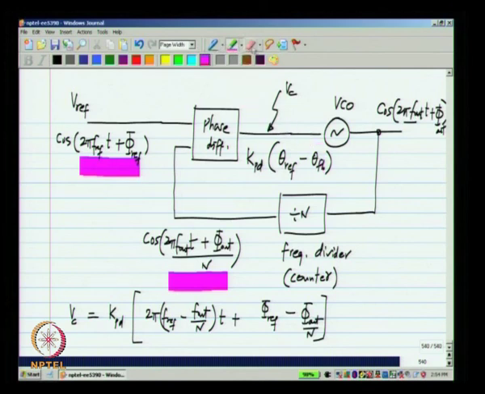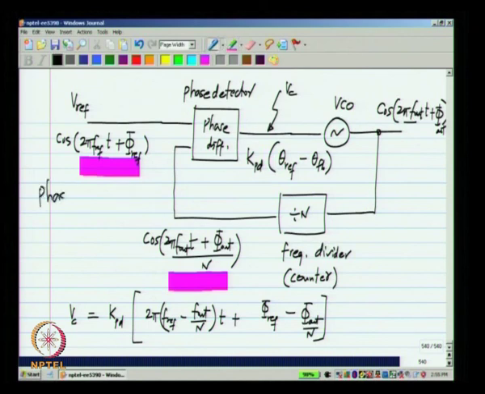And for the system to be in steady state, this ramp part has to be 0, that is f ref has to be equal to f out by n. This we had come up with using a different kind of reasoning. In fact, this is the objective of our design, to make f out equals to n times f ref. So, this part will be 0 and this part will be something that is related to Vc and some parameters of the circuit. So, this entire block with this phase detector, the block that takes the phase difference is known as the phase detector, a voltage controlled oscillator and a frequency divider.